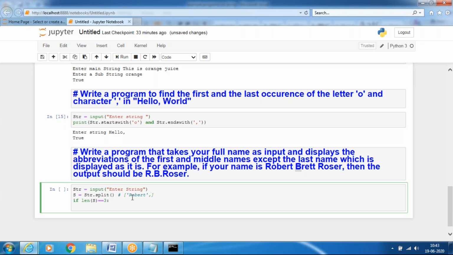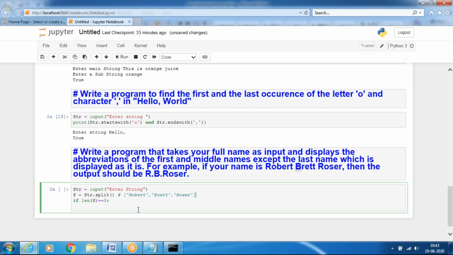comma, use the Bert, and the third one is the Rosser.